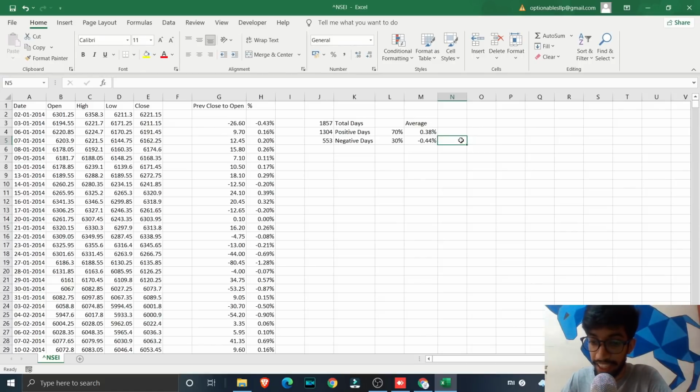So just try to pause the video and think what systems or what strategies you will be using this information for. You can build a strategy on your own, something like a simple bull call spread or anything of that sort, because you know that there is a bullish bias from day to day. From previous close to next day open, you can generally expect to have a bullish bias. So you can just try making simple strategies using this information.